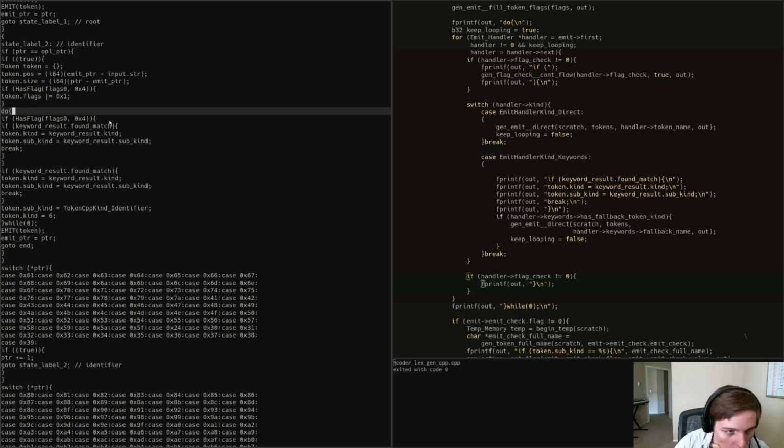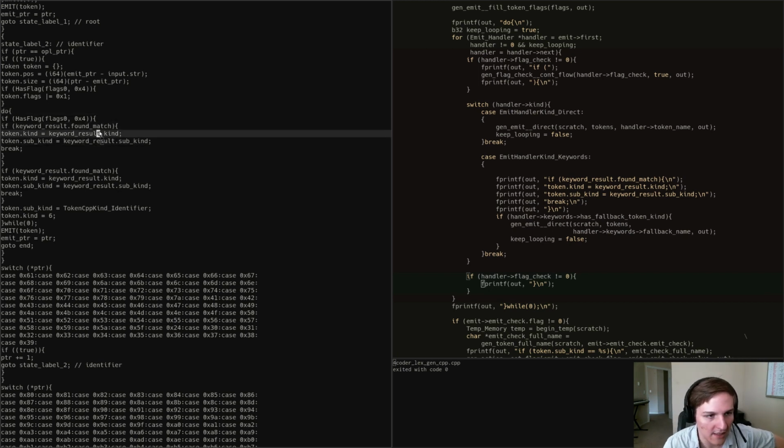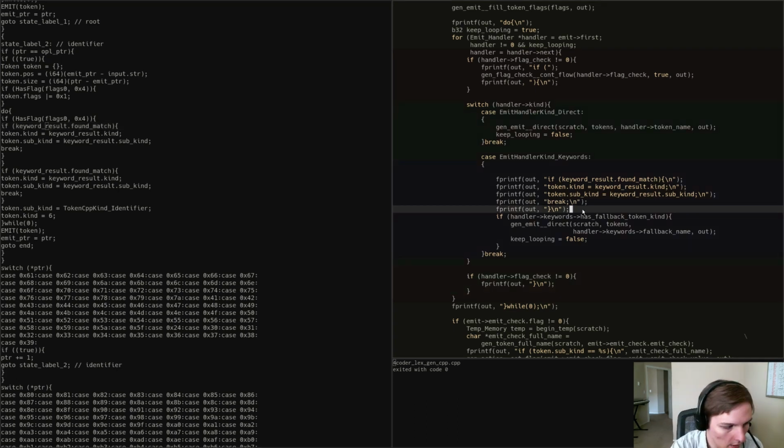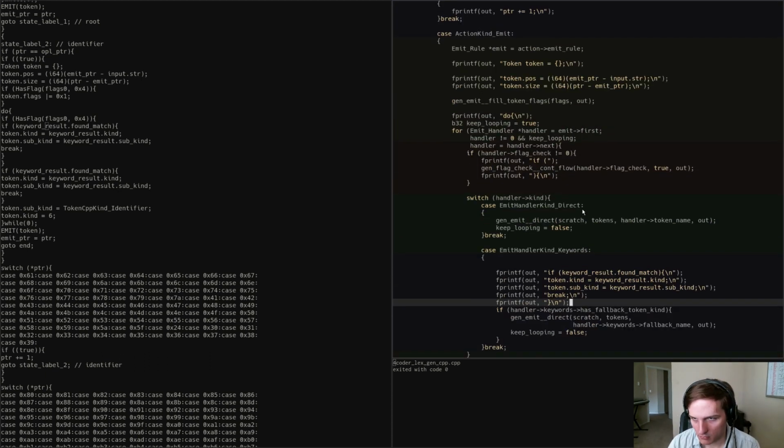But right now, our next goal is we need to figure out how we actually get this keyword result thing, right? So this is kind of what we need to get back from a keyword table lookup. But what do we have that'll let us look for one of these? Well, we have a couple of options. We have the lexeme just sitting here, and we're going to need to use that. We're going to need to use everything from emit putter to putter. So these two here